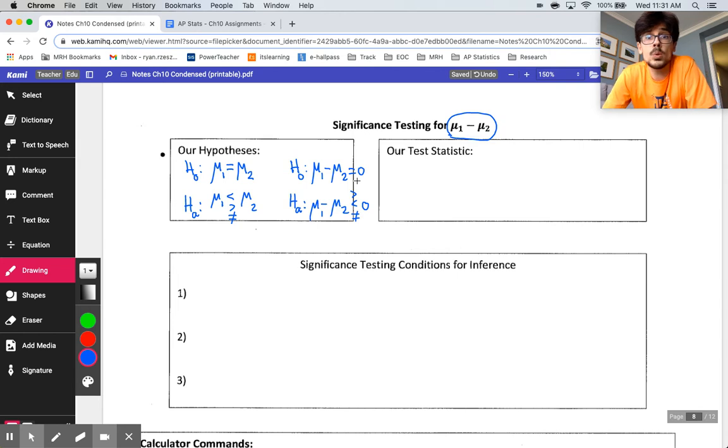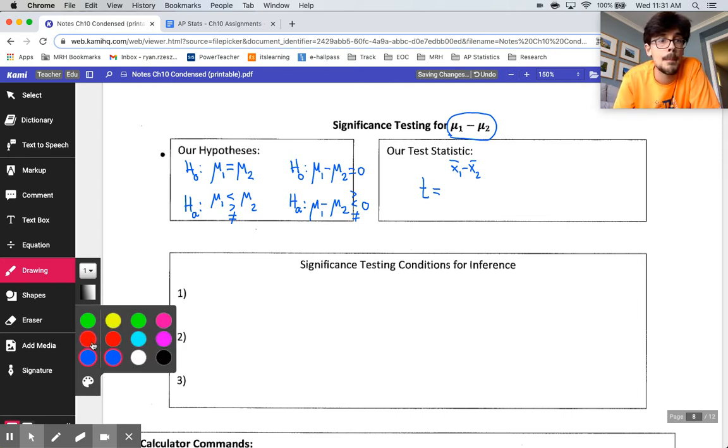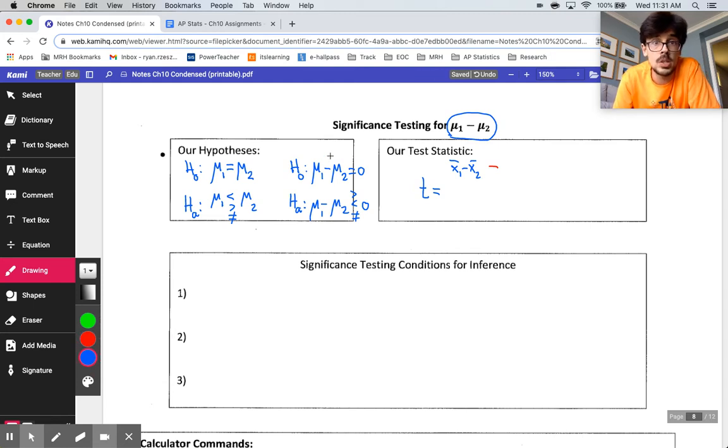So actually calculating a test statistic, remember for mean problems, we do use a t-test statistic here. And the way that that goes is it sets up with statistic minus parameter, or value minus mean for the top. So we would be looking here. My statistic is what I get from my sample. That's going to be x1 bar minus x2 bar. That's my sample results. Minus, I would put my mean over here, which is going to be mu1 minus mu2